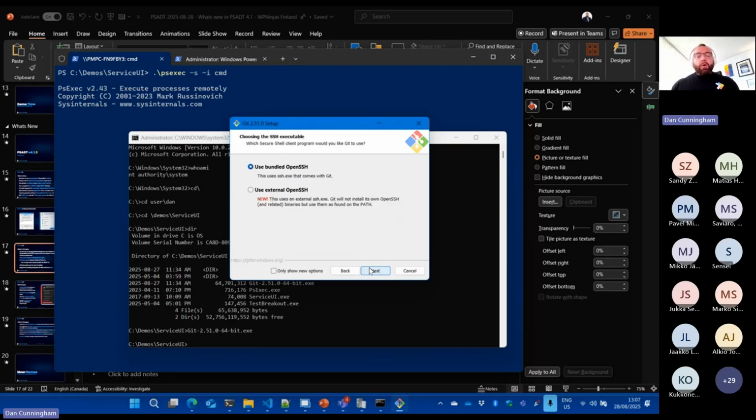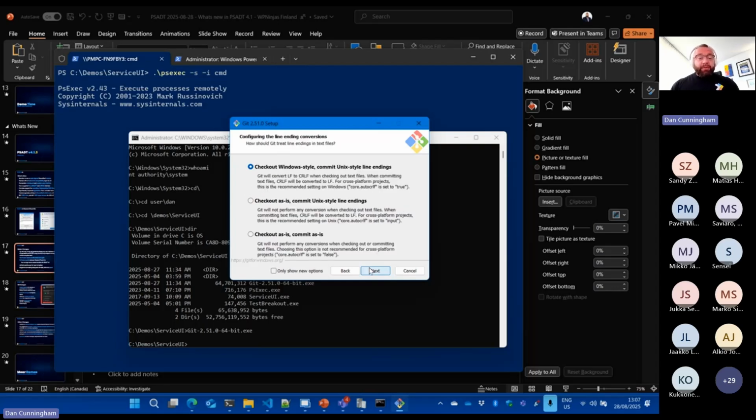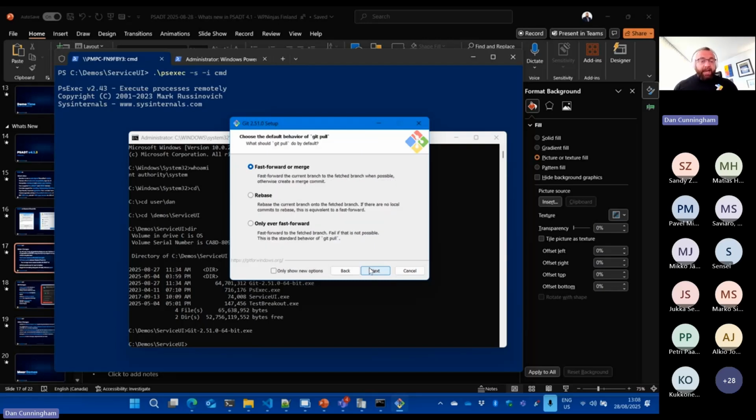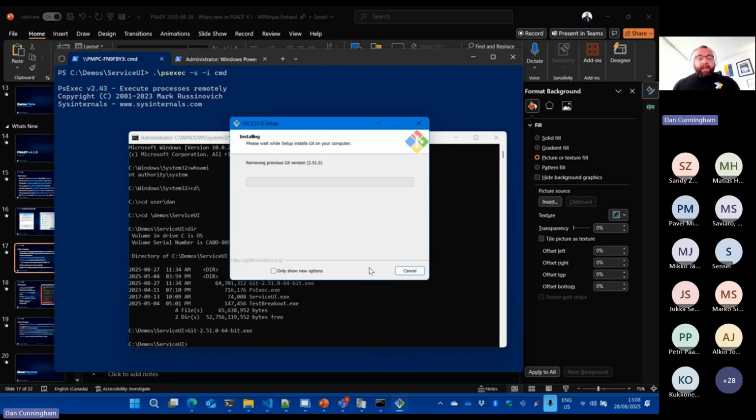Different versions of OpenSSH, whether it's bundled or the external one, how they handle carriage returns, things like that. OpenSSL versions as well. There's a lot of different configuration items in here, and there are very valid reasons for why your developers could operate them differently. So again, I'm just going to click, go right to the end. So I'll let that run. And there are very valid reasons for why you would just pop the Git install with user interface for your developer crew. And the problem with that is